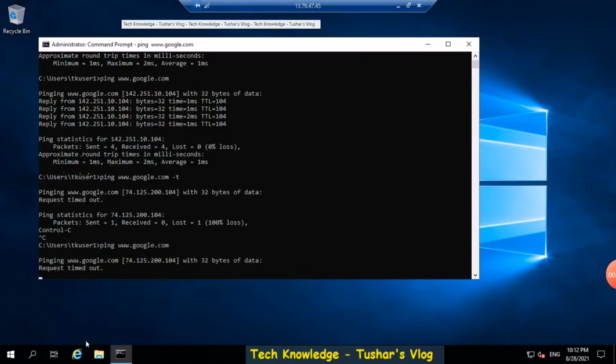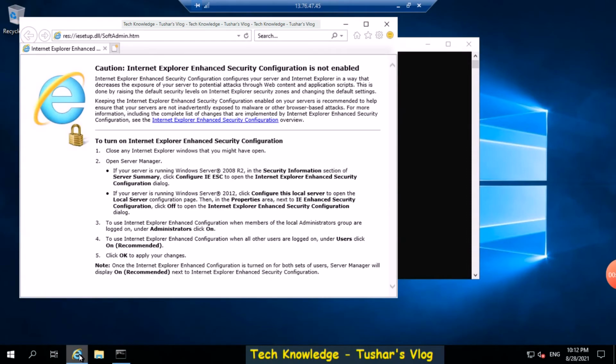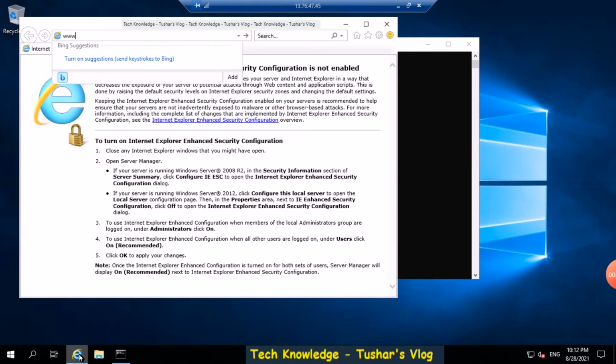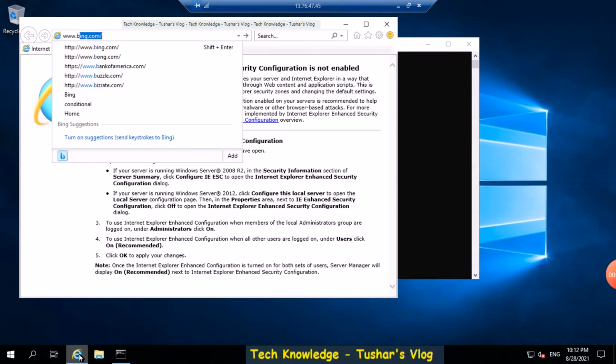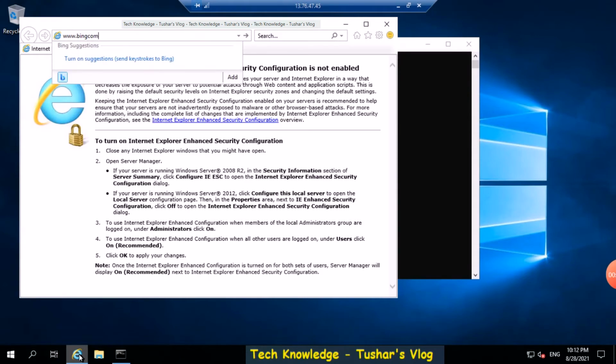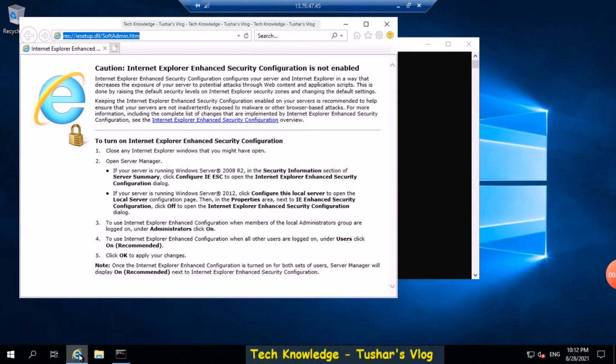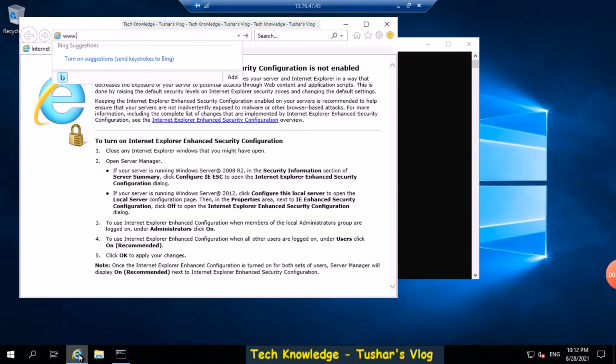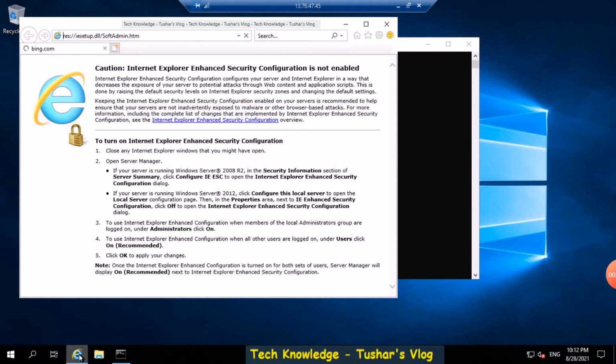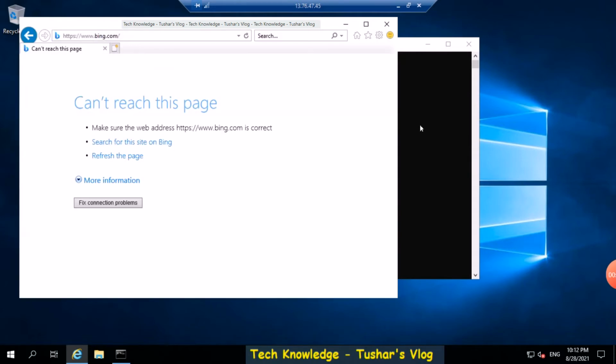Let me open it once again. www.bing.com. So it's stuck at waiting for Bing. Okay, so we have cannot reach this page.